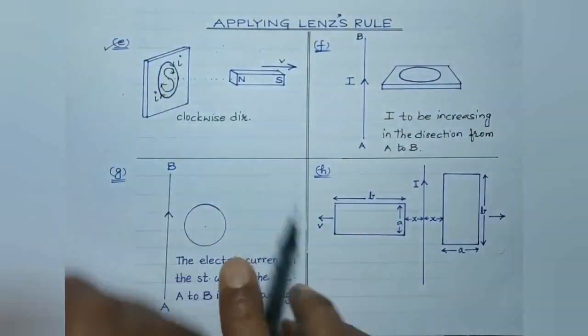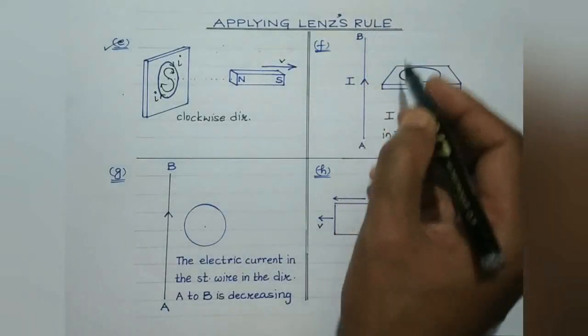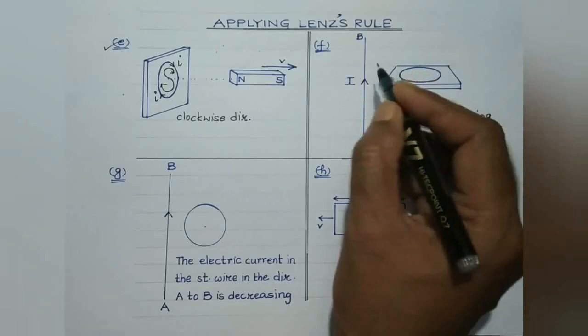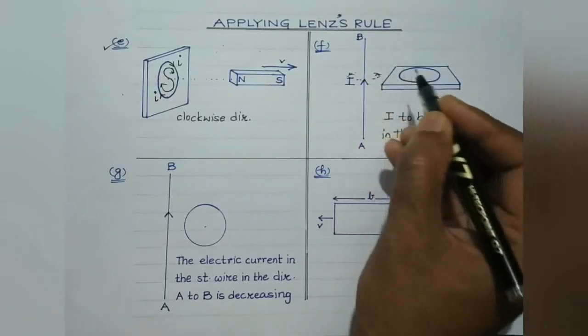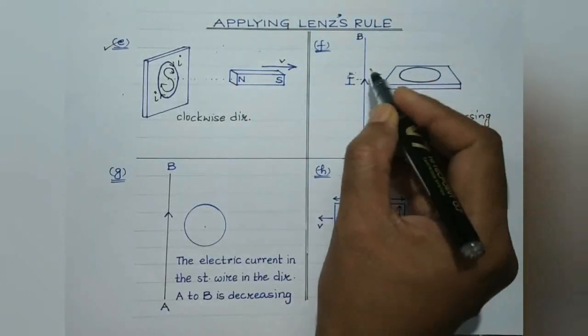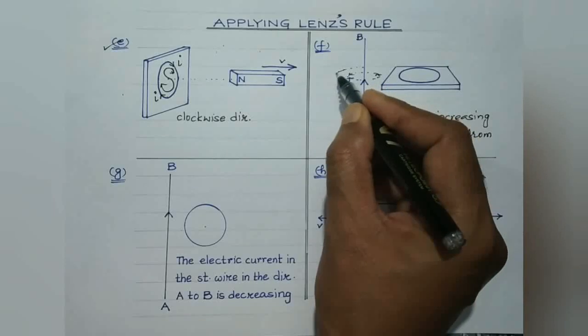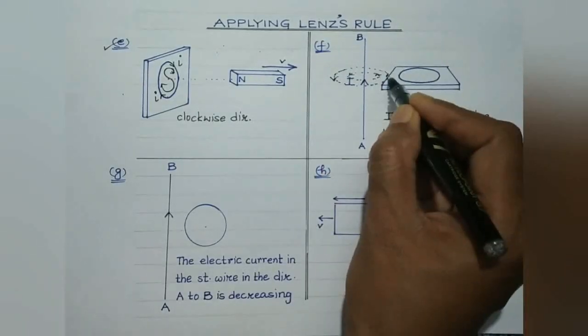This is the situation. So due to this current carrying straight conductor, a magnetic field will get established around it. It will be like this, in the form of closed loops like this, isn't it? You can apply this rule. So magnetic field lines will be along this direction. So let us draw these magnetic field lines. So it will be like this.